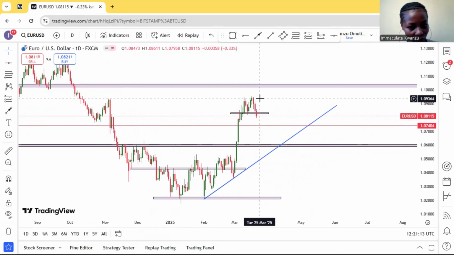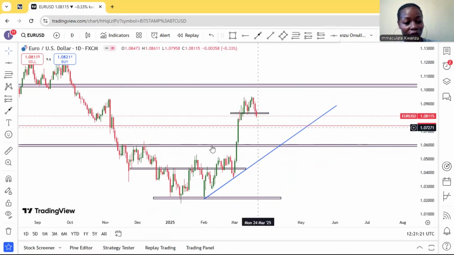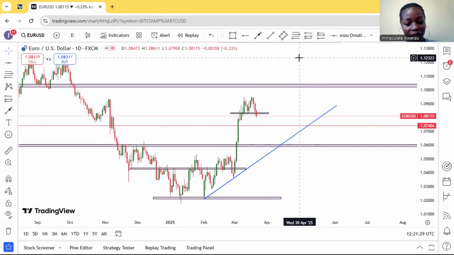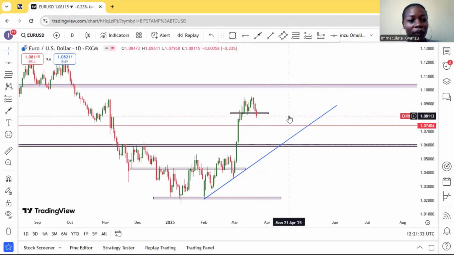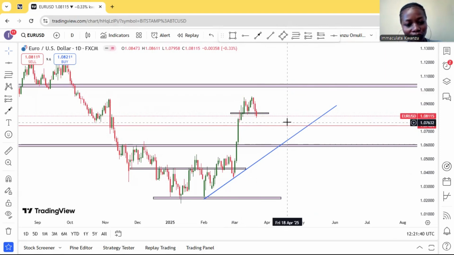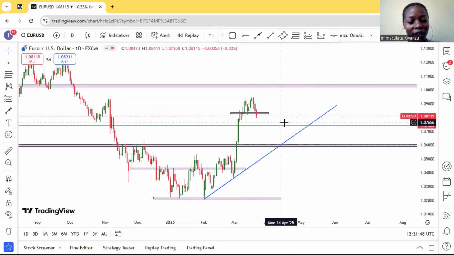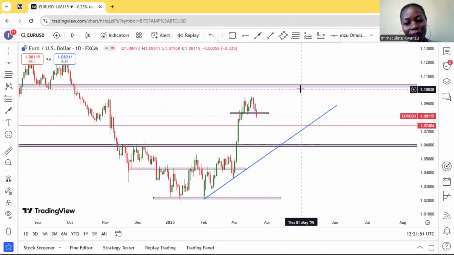We've come into a supply area and we're currently pulling down for what I think to be a correction because I'm anticipating the euro to come touch the 1.10 level before we can go any further, whether it's up or down. But at the moment, given this double top, I think we're gonna still be bearish temporarily for a while. And I'm anticipating this euro USD to come at least pull back into the demand zone before we can have a last leg upward to